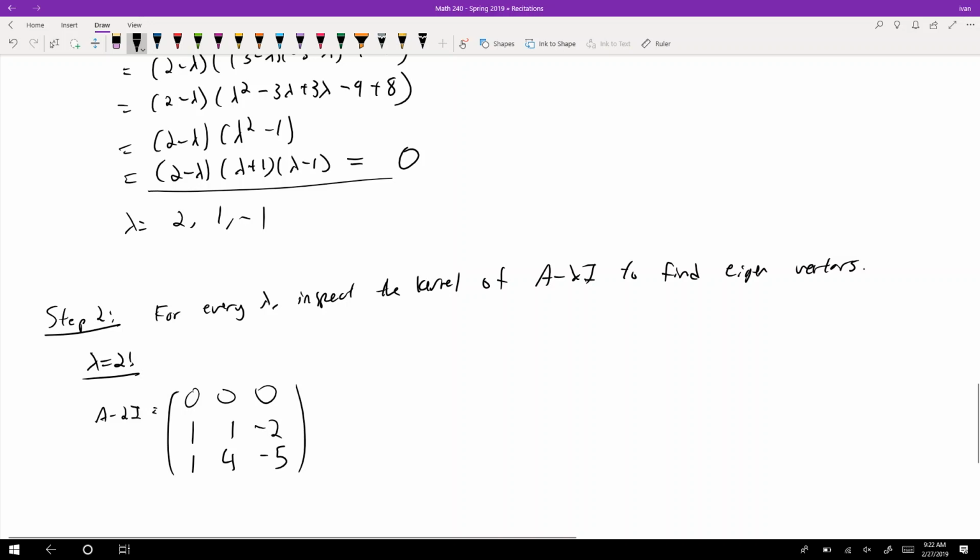Okay, so now what do you want to look at? You want to look at the rank of this matrix, which is what? It's 2. All right, it's not in row echelon form, but if it were in row echelon form, you'd have 2 rows that are non-zero. Okay, and then more importantly, we care about the nullity, which is what? One, by the rank nullity theorem. Okay, so in my kernel then,